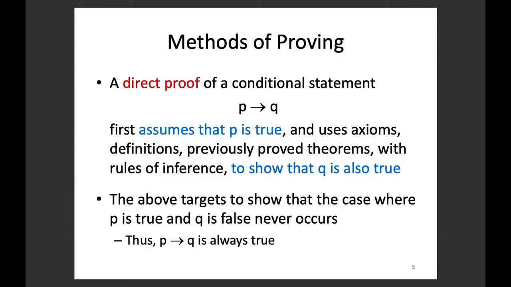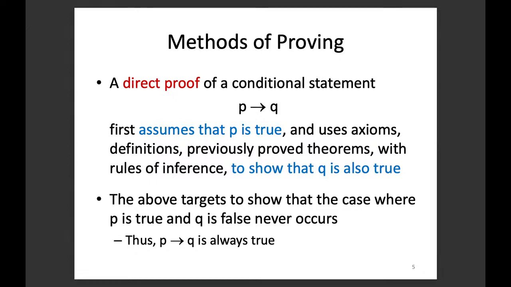Now we are going to introduce some basic ways of proving things to be correct. The first one is called the direct proof. A direct proof usually happens when we are trying to show a certain conditional statement P implies Q is always true. One method here is to assume that P is true and then hope that we can obtain Q as the conclusion. If we can do this, then this is exactly the same as saying that P implies Q is always true, because